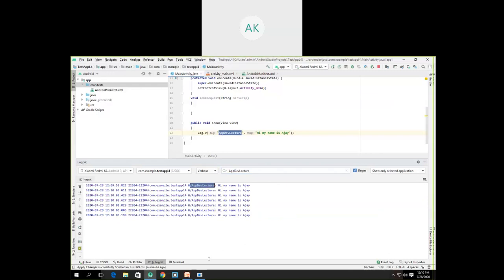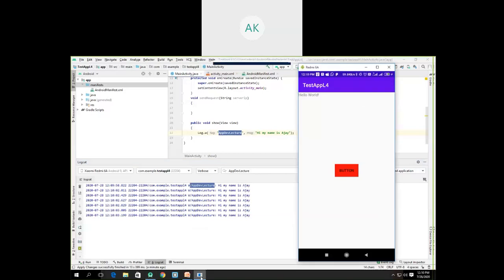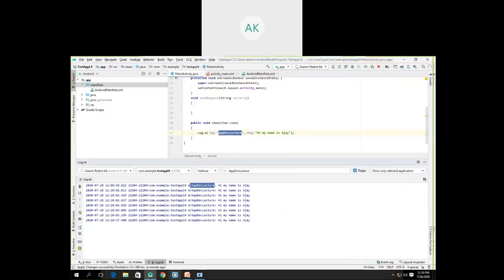So this is how we can generate logs in the Android operating system, which are useful for debugging purposes. Now I think our meeting will end within 5 minutes, so we'll not move to the further topic. This is what we have learned today: the basic directory structure of an Android project and how to generate logs in Android. In the next lecture, we are going to learn about the manifest file. Just now we have learned the directory structure, how to generate logs, and the 6 different methods used to generate logs.